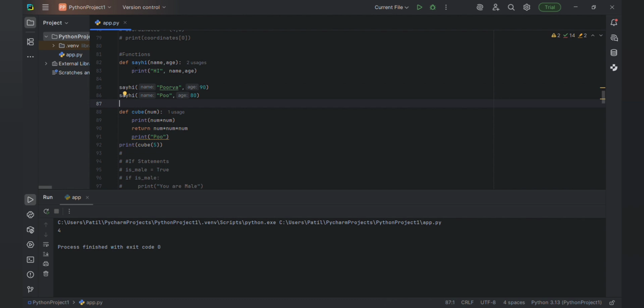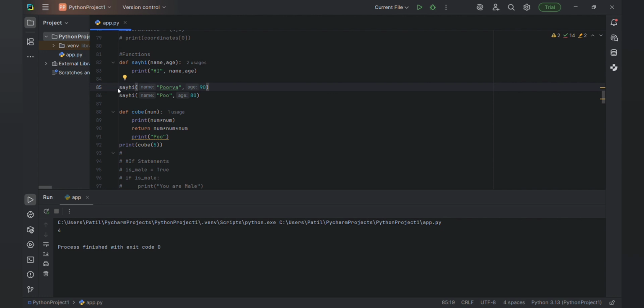First I will tell you the keyword def, then the function name is say hi, then these are the arguments which we are passing, then it is a print. So how it works, I will tell you. This is called the function calling. Say hi means we have to call the function, then only it will execute. If we are not calling the function, it will not execute the print statement.